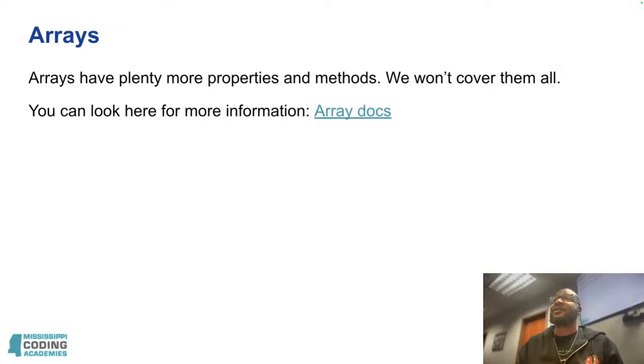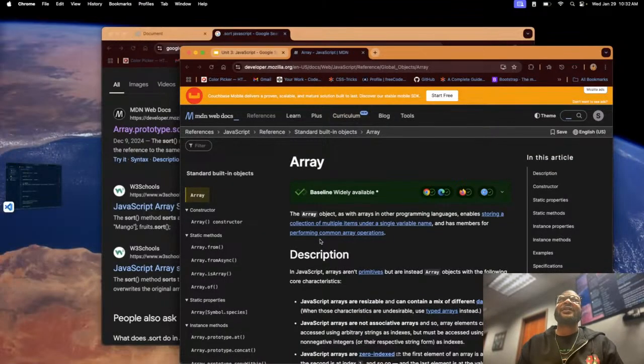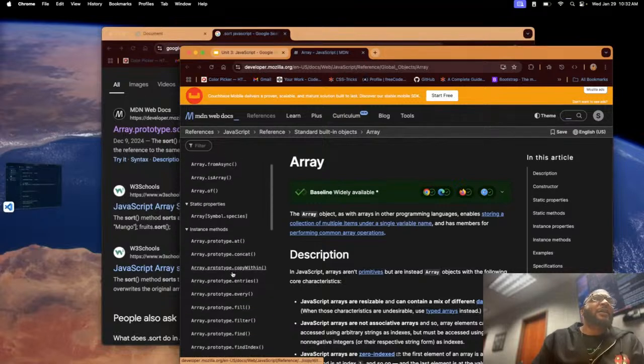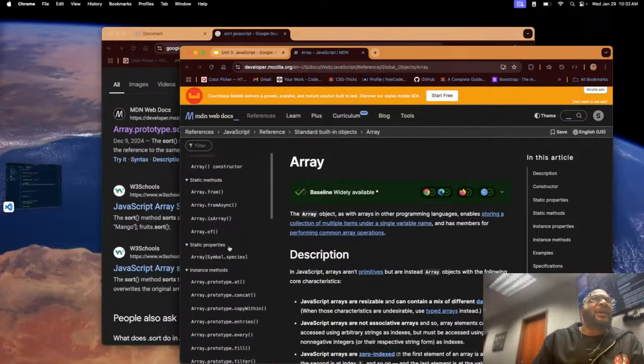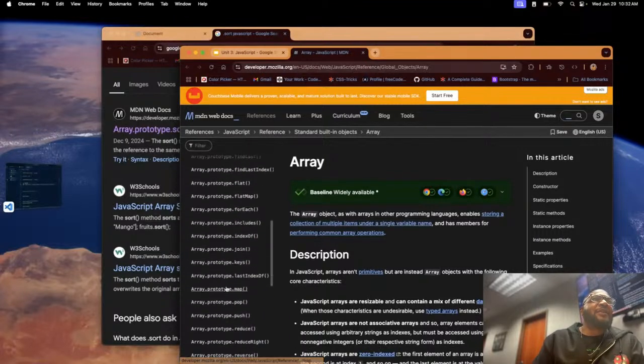Can't cover them all. It's a lot. But you can look here for more information. Array docs, when you click on my slides that I made, guess where it takes you? To MDN. And you can see here all of the different properties and methods for the array,